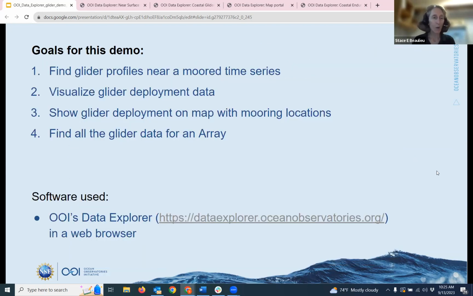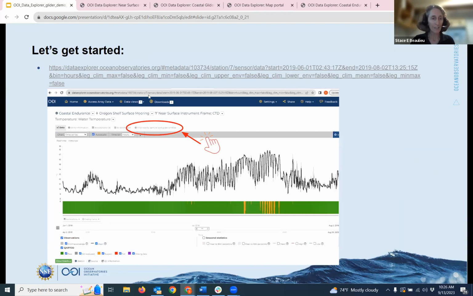The goals for this demo are to find glider profiles near a moored time series, visualize the glider deployment, show that deployment on a map, and then find all the glider data for an array. And I'll be using the Data Explorer in a web browser. So you'll have access to the link to get started from the slides. I have this open already